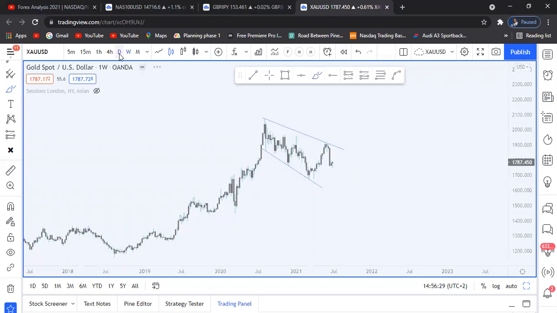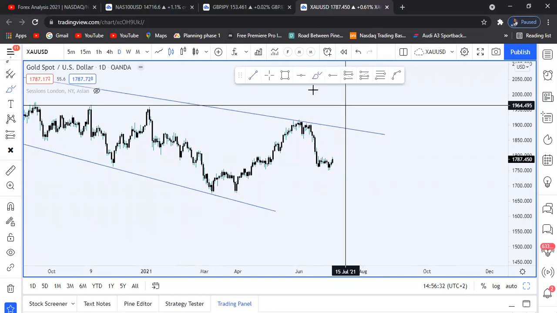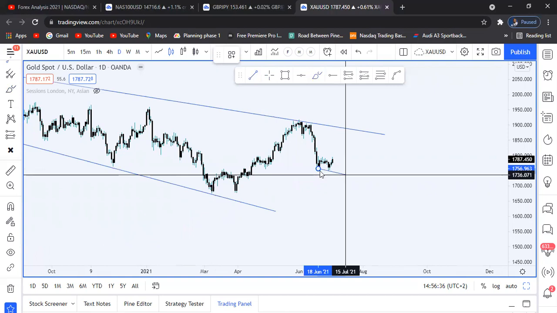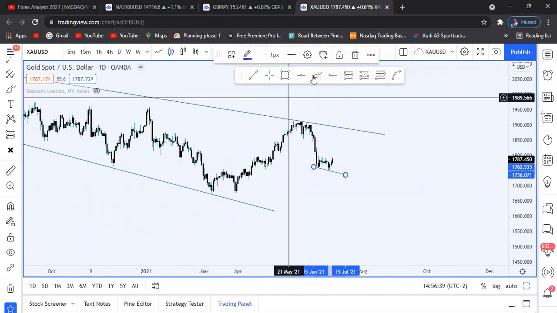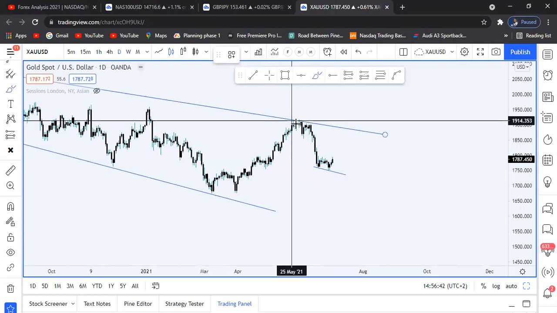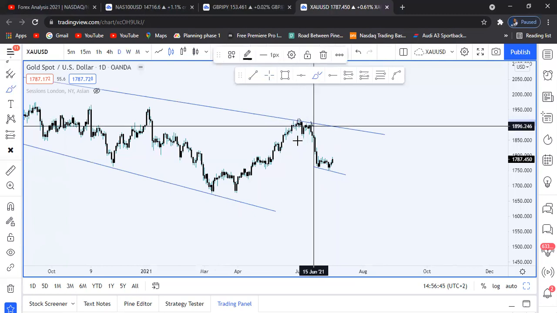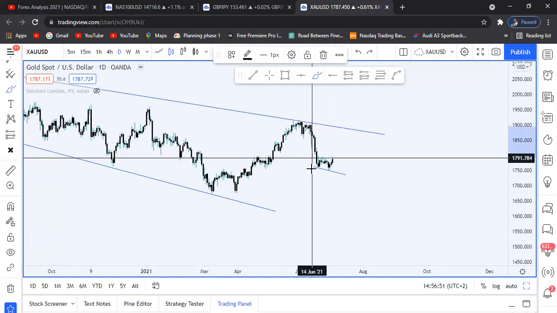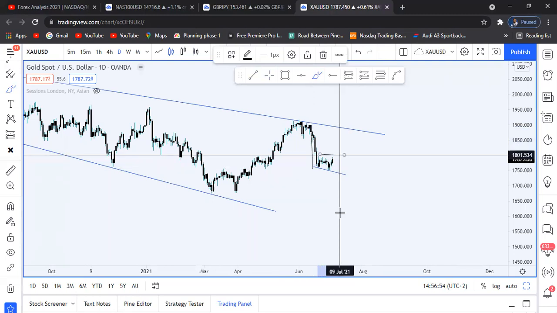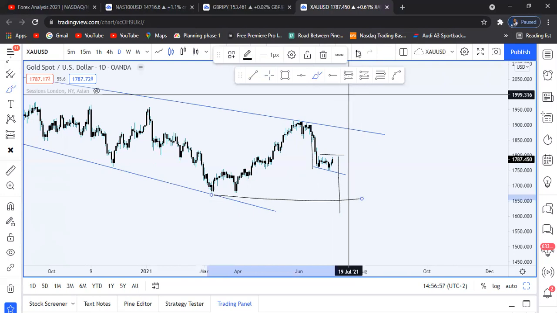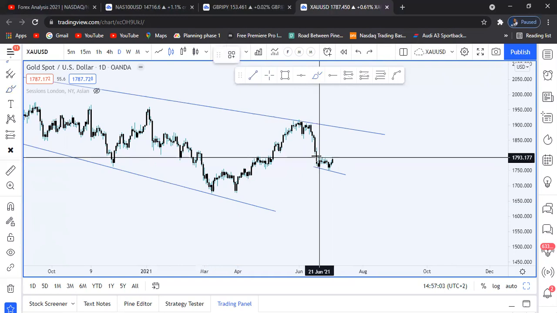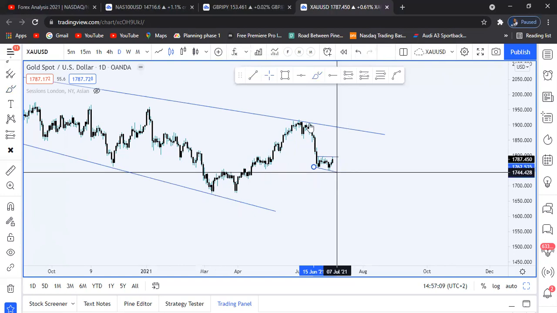So now let us dive a bit deeper to the daily time frame. On the daily time frame, guys, you can see it becomes even more clear. So let me just draw this continuation pattern here. We have some sort of a double top formation here. Not so clear, or you can say we have a high and a low and a lower high. You can put it any way you want. But after that, what do we see? We see price pushing all the way to the downside, forming this one continuation pattern before it can continue shooting to the downside. So you can see, guys, that this is me playing with probabilities. Now we have this continuation pattern here on our daily time frame.